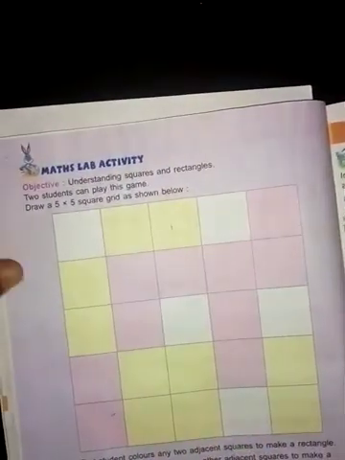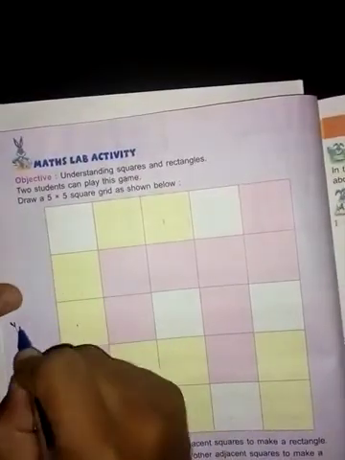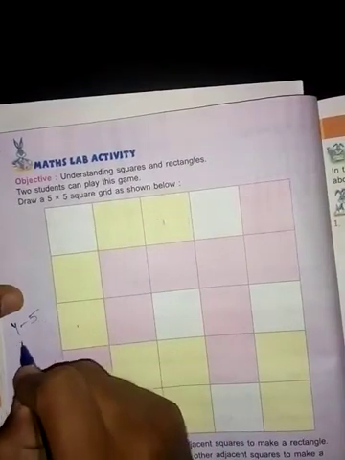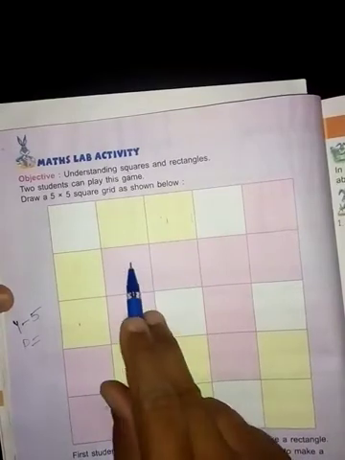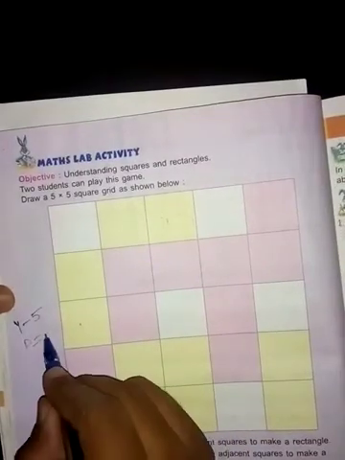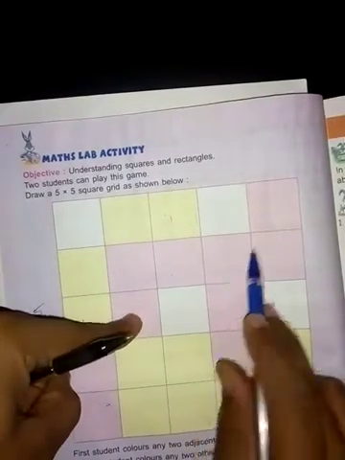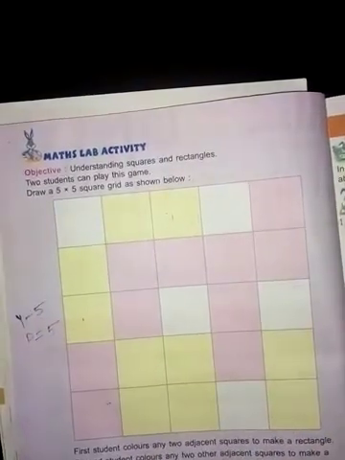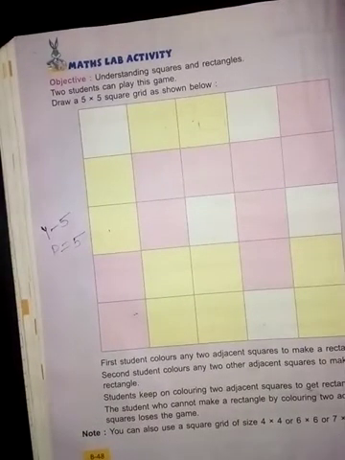See, here is the circle, with the color boxes they used. How many yellow are there? Count: 1, 2, 3, 4, 5. Yellow counts 5. And pink: 1, 2, 3, 4, 5. This also is 5. Both are the same, yes or no? So both are equal. There is a tie again. So like that you can play and enjoy your day.